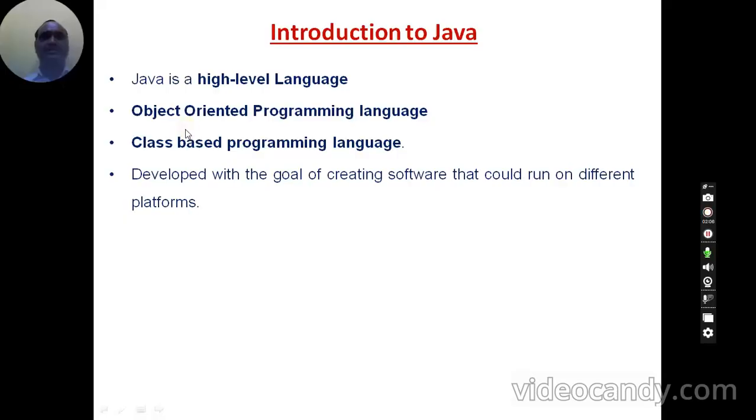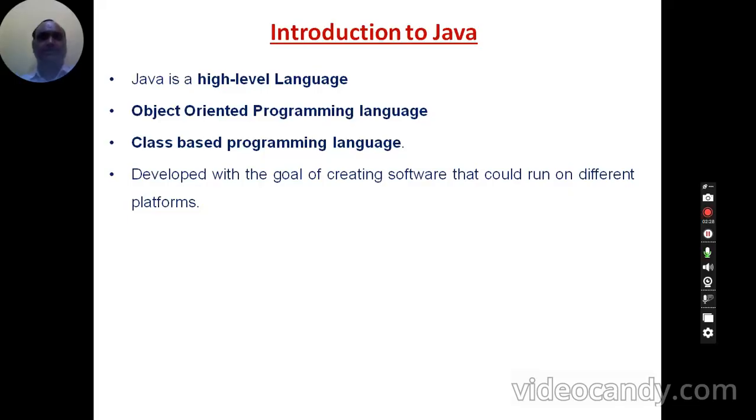Here the intention is to provide a little insight into Java and why it has been developed. The Java language was developed with the intention of having one programming language that can run on different varieties of operating system platforms.